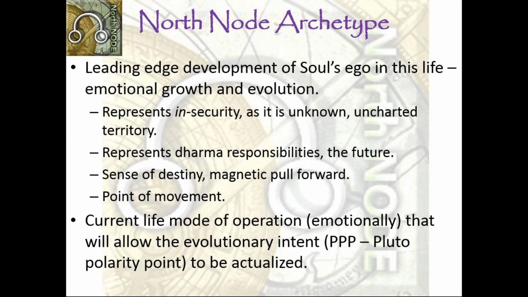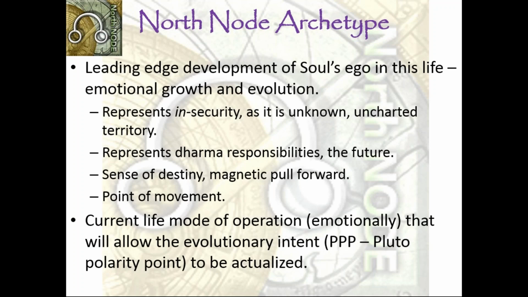The North Node is the leading edge of the soul's ego in this life. It is emotional growth and evolution. It will represent insecurity because it's unknown, uncharted territory. It represents the Dharma responsibilities. It represents the future we're trying to move into. It is a sense of destiny, and it has a magnetic pull forward. The North Node is a point of movement versus the stagnation of the South Node. The North Node is pulling us forward,